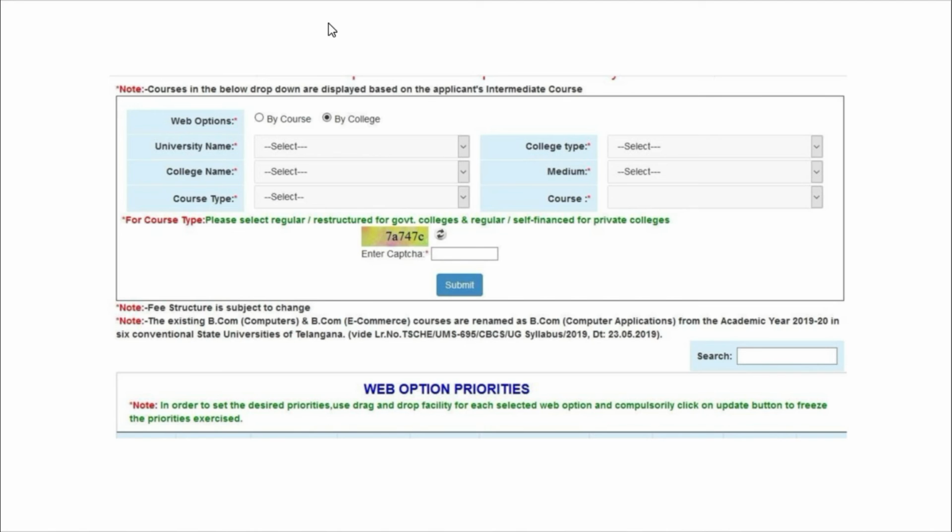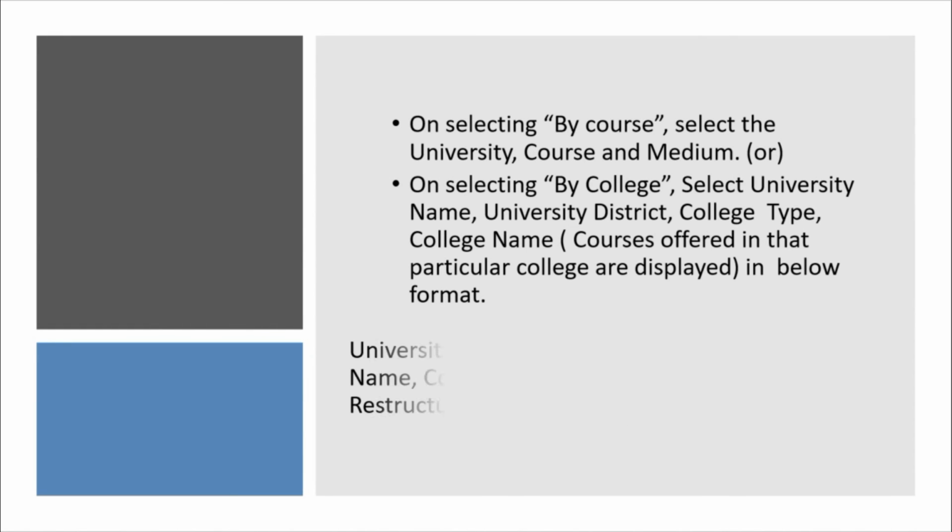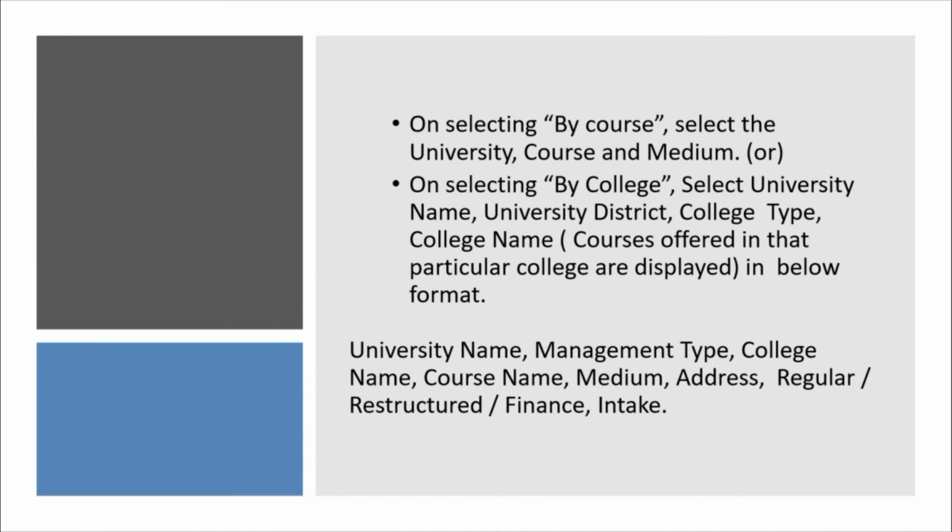You will find the list of colleges with the fee structure also. You can find all the things. Either you can select by course or you can select by college. This is up to you, whatever you want, but give as many options as possible. Remember that whenever you're doing it, give as many options as possible. Please ensure that you are giving enough options so that you are being selected for the course.